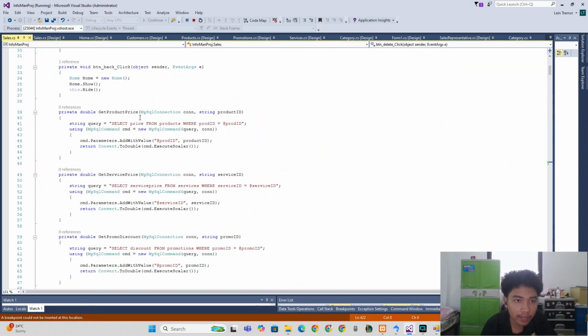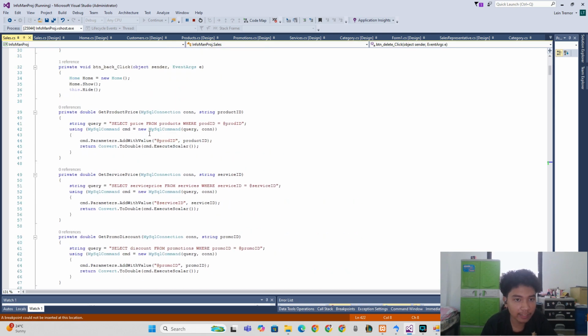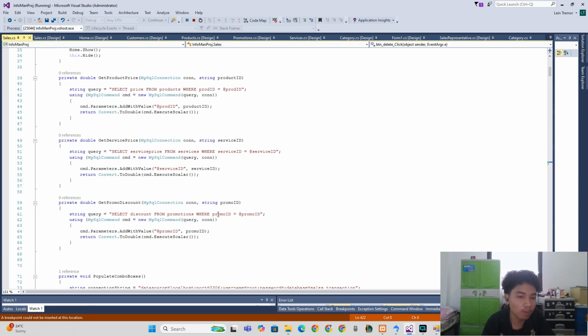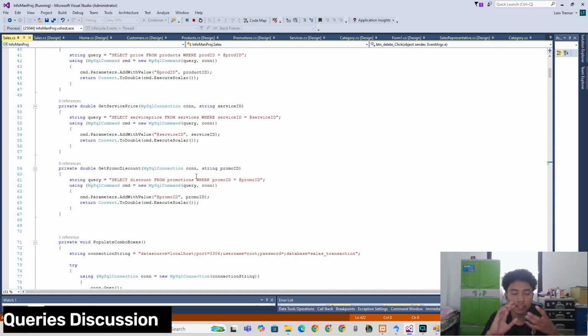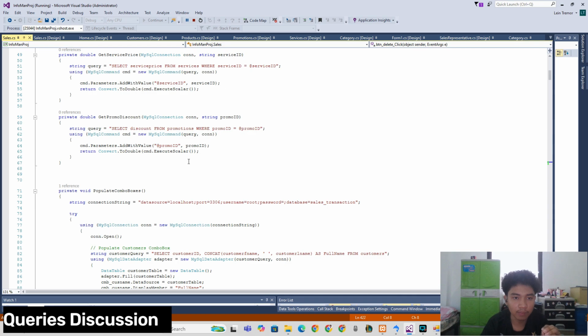So here we have different queries. Here we selected price from the products table, service price from the services table, and discount from the promotions table, which in totality make up our total amount.